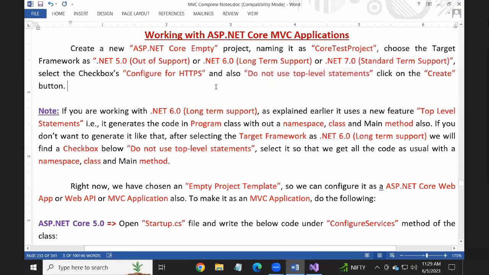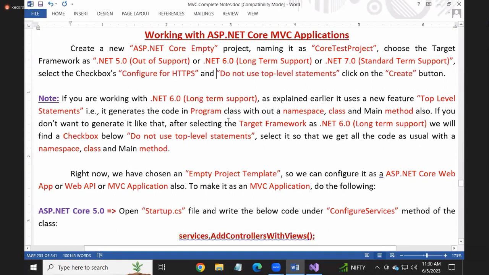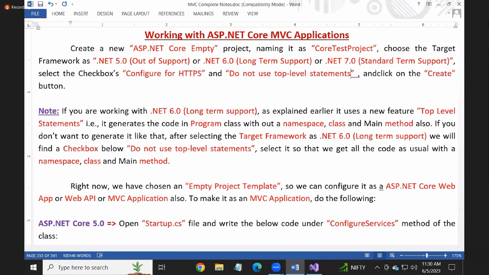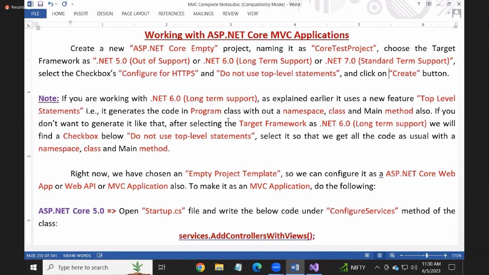Yeah, select the checkboxes, configure for HTTPS, and do not use top level statements. And click on the create button. Okay. Next,